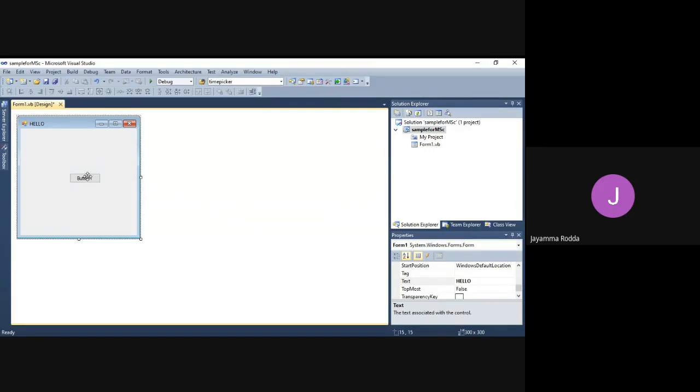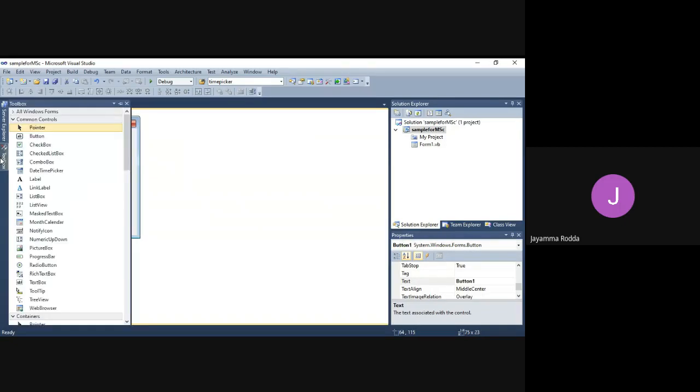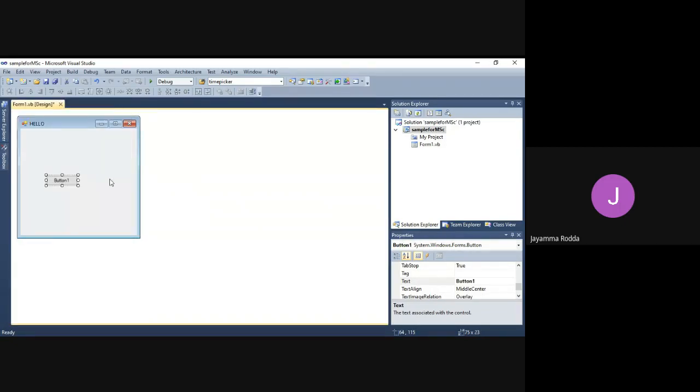Isn't it? So let us do a simple thing. This Button1 can be named as Click me.